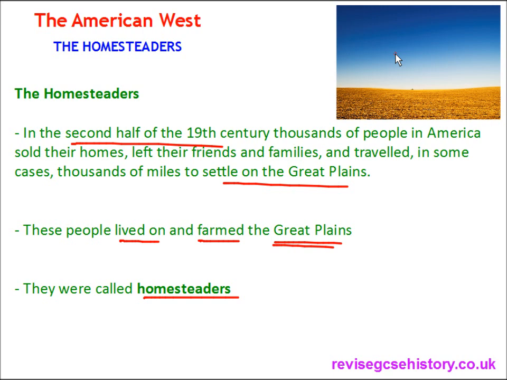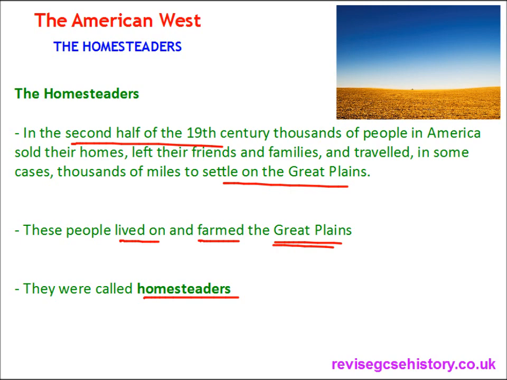And if you think back to the work in the topic of the Plains Indians, we said that white Americans thought of the Great Plains as a useless desert. They called it the Great American Desert. So, from the 1830s to the 1860s, their opinion of this changed, as when the Plains Indians were freely roaming the plains, the white Americans thought it's quite a useless desert. They didn't see its farming potential. They thought because of the scarcity of water and building materials that it was impossible to live and farm there. But their opinion soon changed.